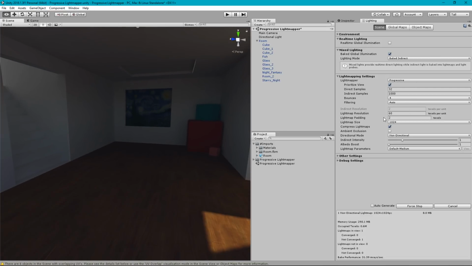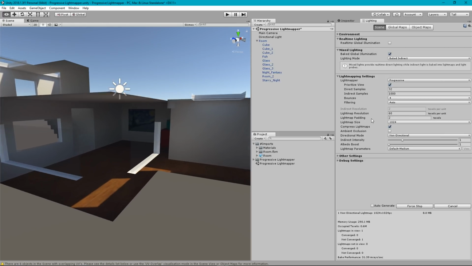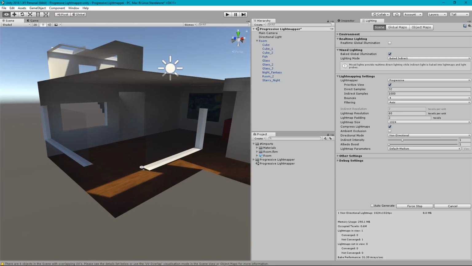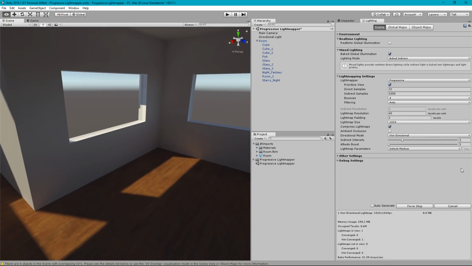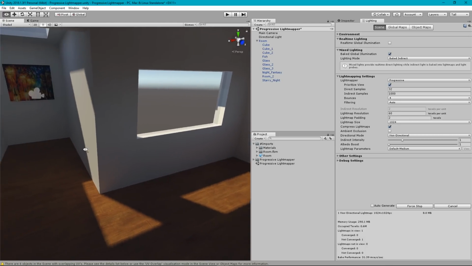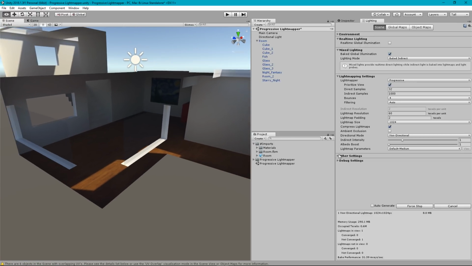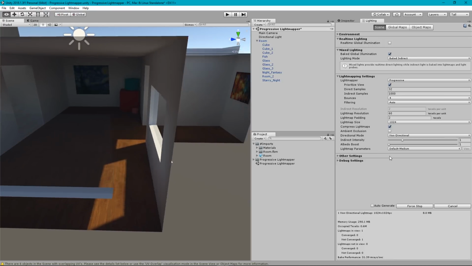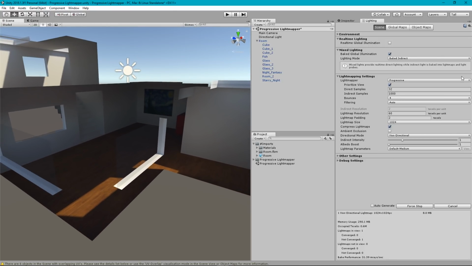But before I do, I want to talk about the fact that earlier I was saying that when light comes through the back face of a polygon, it's not blocked. It doesn't see back faces of polygons. You're probably thinking, well, how the hell is this wall casting a shadow then, if light travels through the back face of a polygon? That is true for real-time lights. The reason that it's not bleeding through the back face of this polygon is because we're using the progressive renderer,